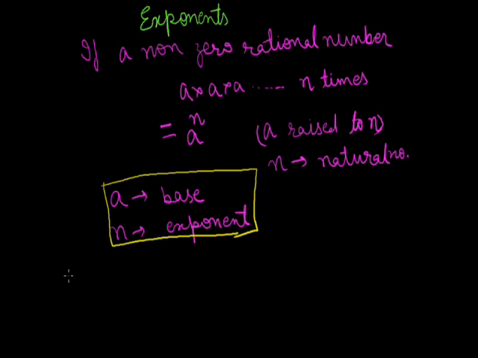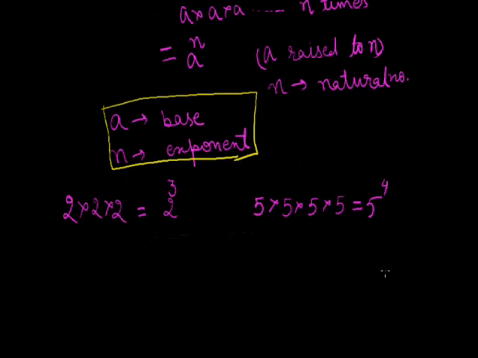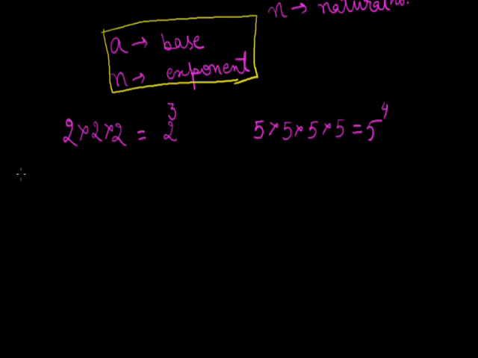For example, if 2 is multiplied by itself 3 times, the outcome is 2 raised to 3. Or if we multiply 5 by itself 4 times, the outcome is 5 raised to 4. So to study the exponent in detail, we have to know